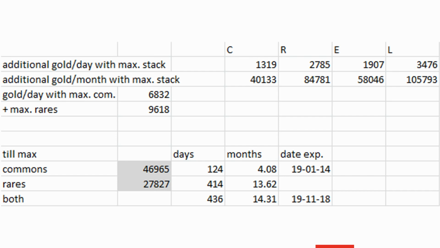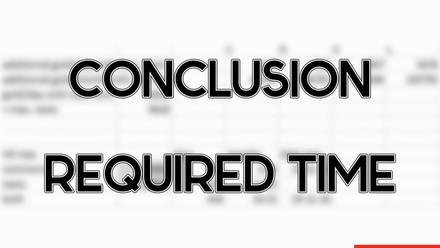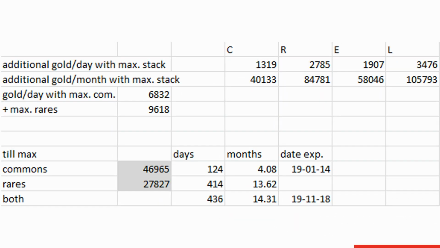So now, how much is a common worth? When you get a common card that you've already maxed out from a chest, you get 5 gold for each one. 260 cards times 5 gold would be something around 1,300 gold a day, and this would average around 40,000 gold a month. Now you'll decide whether it's worth it for you to sacrifice somewhere between 3 and 6 months